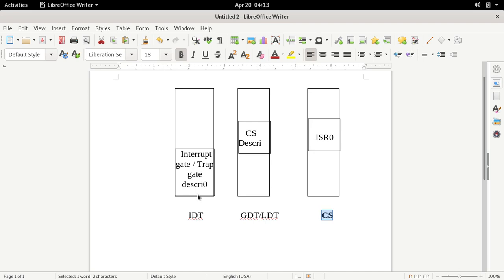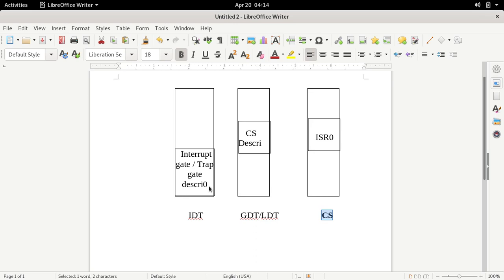Now come to the next descriptor table, that is IDT. In IDT you will have 256 entries, 256 descriptors. The first descriptor is descriptor 0, which corresponds to the type 0 interrupt. This descriptor 0 will be selected whenever a type 0 interrupt occurs. When it occurs, the 80386 will multiply the vector number of that interrupt by 8. The vector number of type 0 is 0, so 0 will be multiplied by 8, and the descriptor stored at offset address 0 in IDT will be selected. I just explained that point.